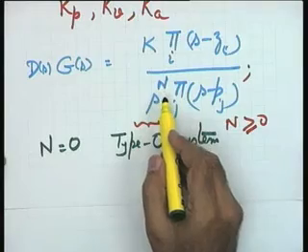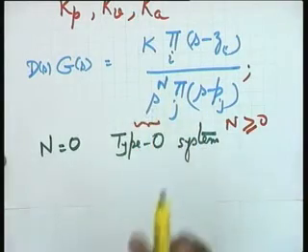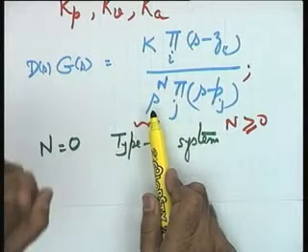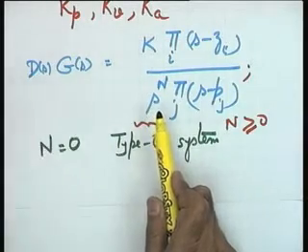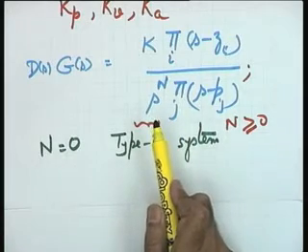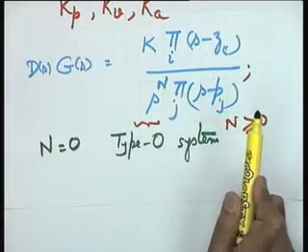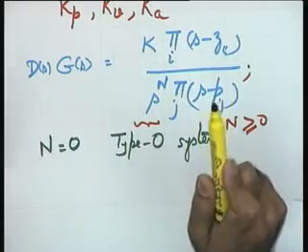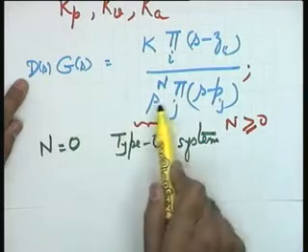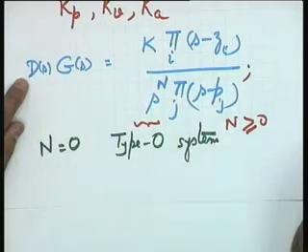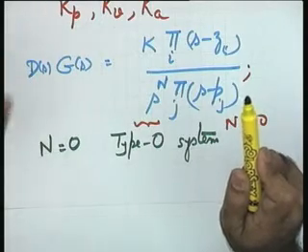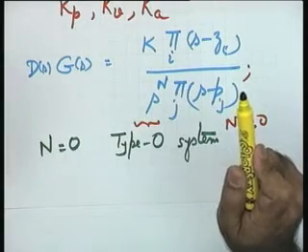But this s to the power of n corresponds to poles at the origin, or to the number of integrators in the forward path of the system. See this statement please. Is it okay? This 1 over s to the power of n is n integrators. Why do I make this mention? Because with the help of your controller Ds, you can suitably control the number of integrations in the forward path. A PI controller, for example, is an example by which you are introducing an integrator in the forward path by design.